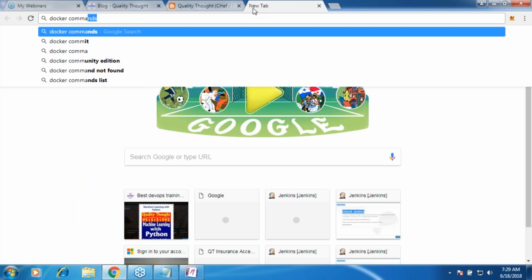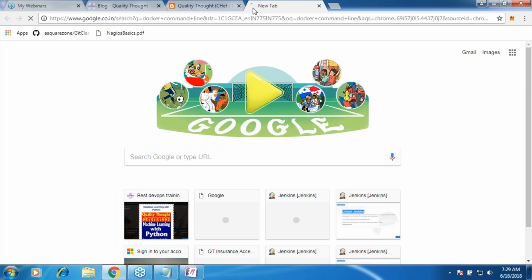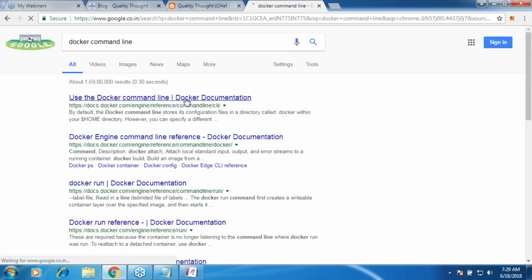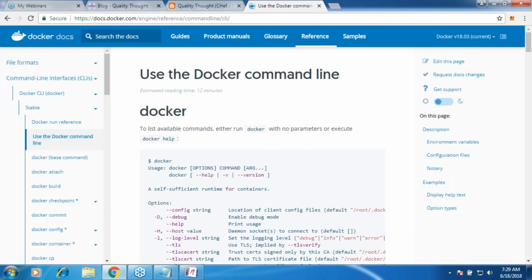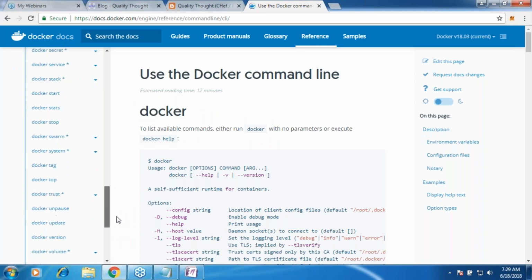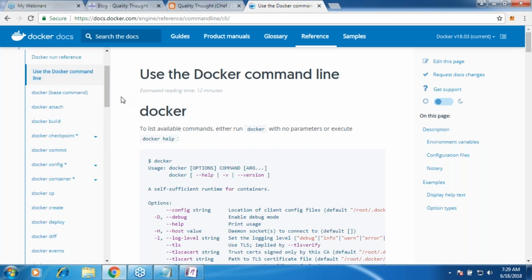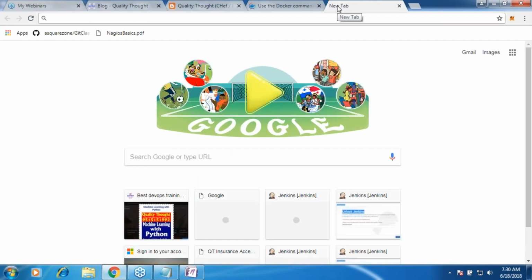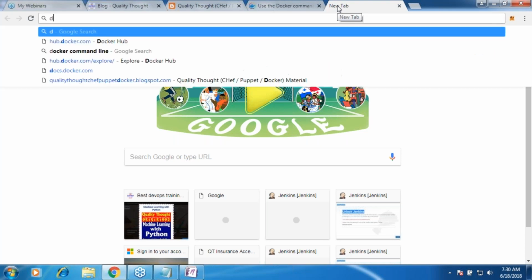Now for doing this, what I do is search for Docker command line. This is your first step. You go through here, and whatever you see on the left side of the page are all of your commands. I will not be in a position to check every command and say what it does. I will be using the mostly used commands which will be useful for you, but don't stop at that. Once you are familiar with some commands, you just need a hint to understand which command you need to run. First is this Docker command line.